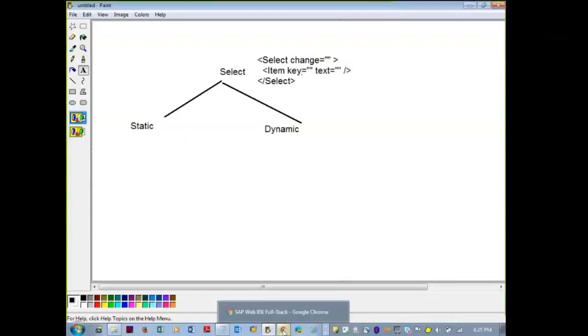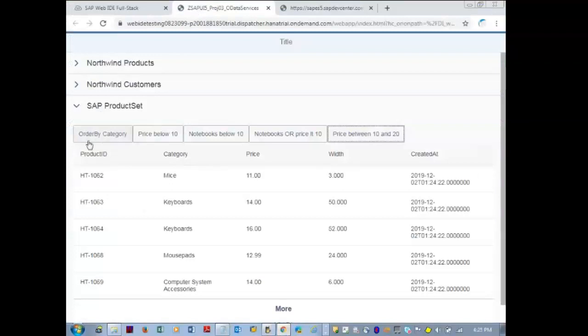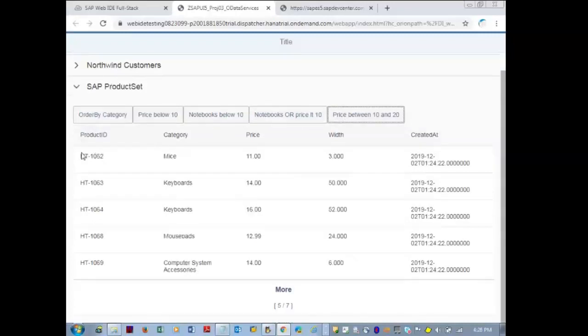Now the requirement, for example: order by category, price below 10, notebooks below this one, I want to show in the drop down. So I'll directly hard code these values. I call that a static select control. At the same time, your client asks that I want all these product IDs, all these products to be populated in the drop down. I call that a dynamic select control.